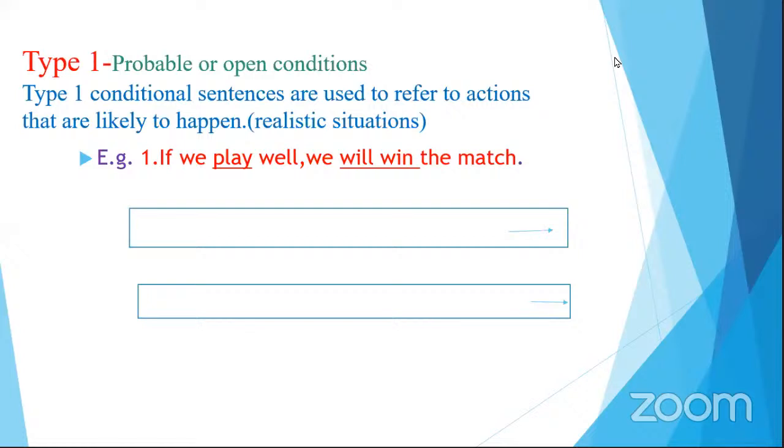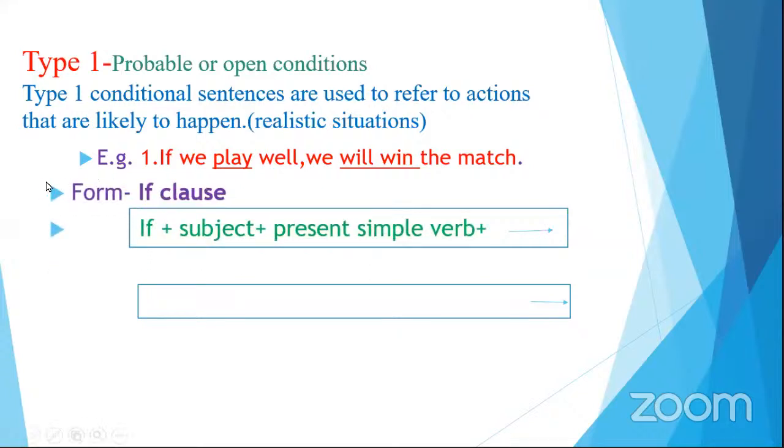Very easy. Let's look once again, my dear students, at the form of the type 1 conditional sentence. Form is the structure. We are going to learn the main components. Now, children, let's learn how a type 1 conditional clause is formed. We call it a form. Look at the form. Look at the if clause. What does it consist of? Look at the above example as well.